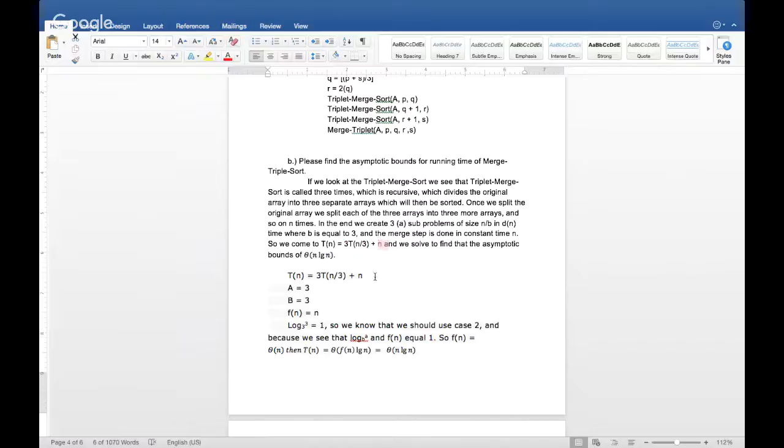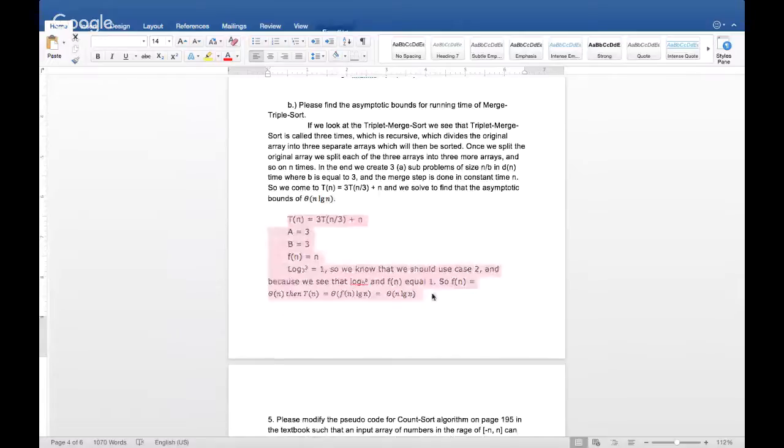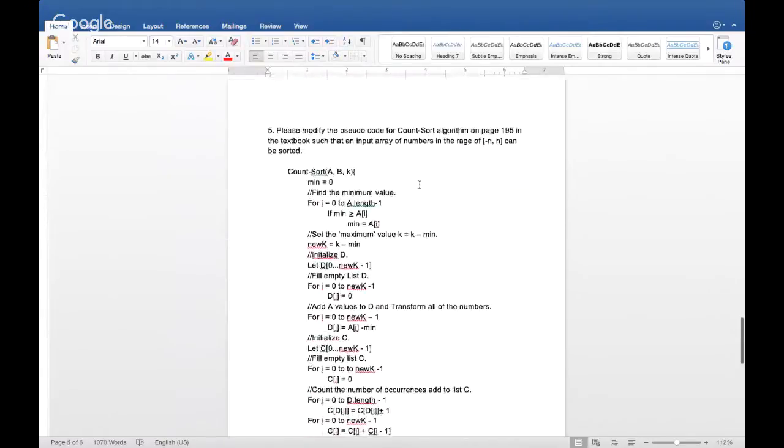And this number here. So we come to T(n) = 3T(n/3) + n. So we solve to find that the asymptotic bound is big theta n log n. I also wanted to show my work here. So right here just shows, using the master theorem, my work. Next,